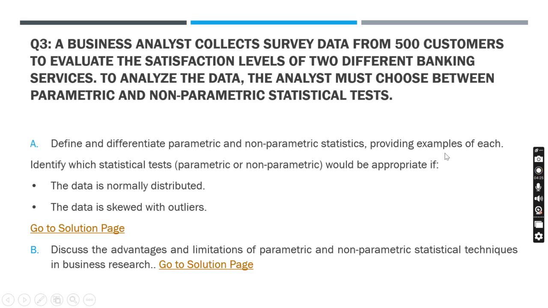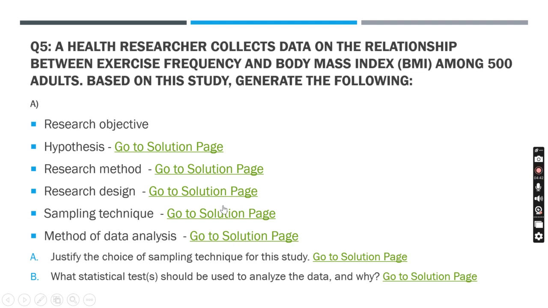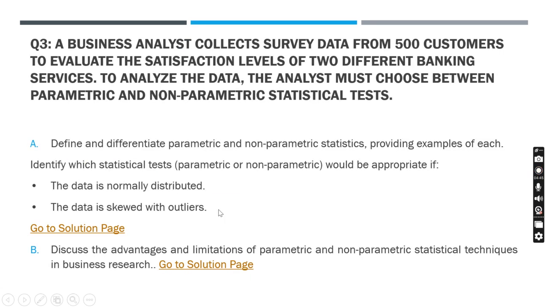So this is, in short, when we talk about parametric and non-parametric statistics. We discussed the differences. We discussed what we're going to do when the data is normal: we are going to use parametric statistics, and specifically the t-test. When the data is skewed, we are going to use the Mann-Whitney U-test, okay? Because we are dealing with outliers. And here the advantages and limitations, we talked also about it, okay? So that is the end of